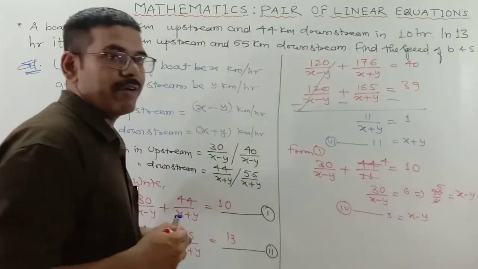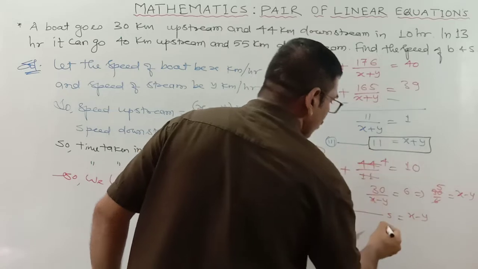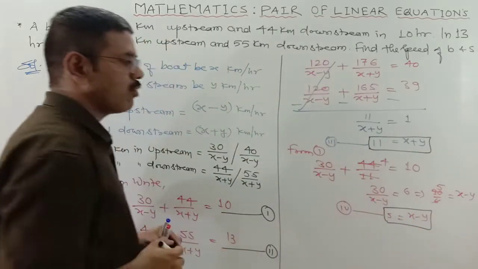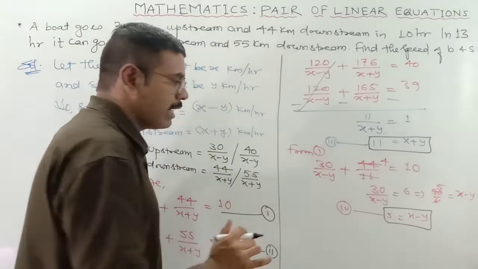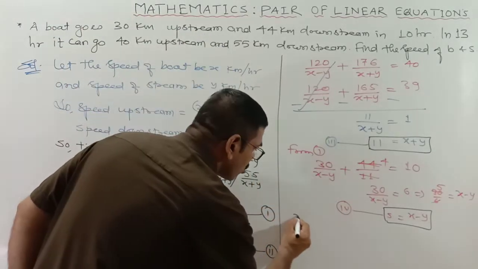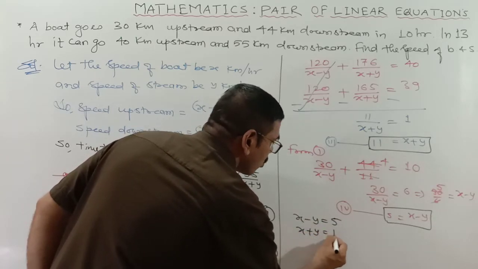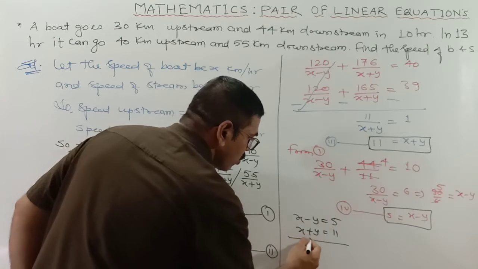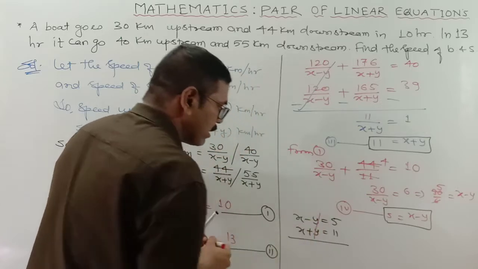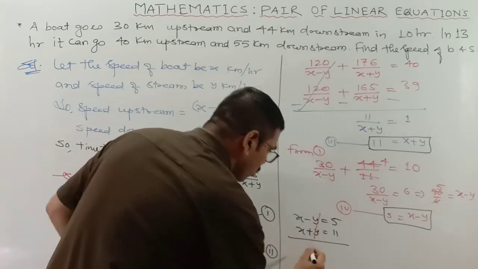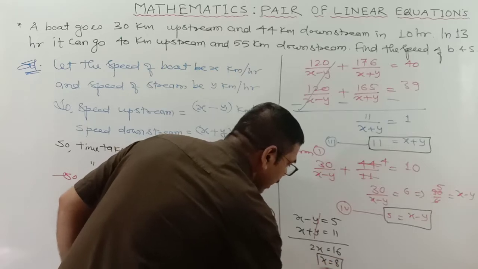Now I don't think you are having any doubt in this. You must solve the equation x plus y is equal to 11, x minus y is equal to 5. You will get something. How? See that I am just doing here, as I am having limited space. So x minus y is equal to 5 and x plus y is equal to 11. We'll just add, so that will cancel down by this. Here this will cancel down by this. 2x is equal to 16 and x is equal to 8.